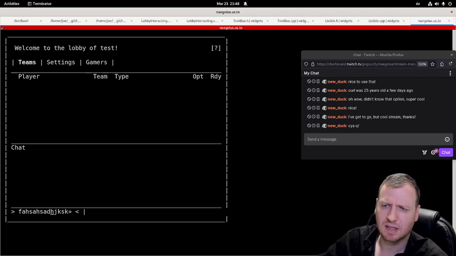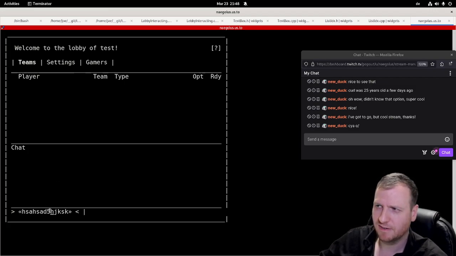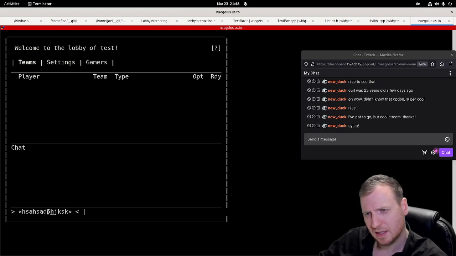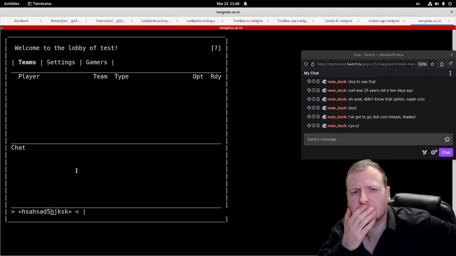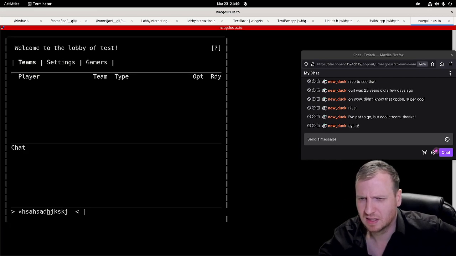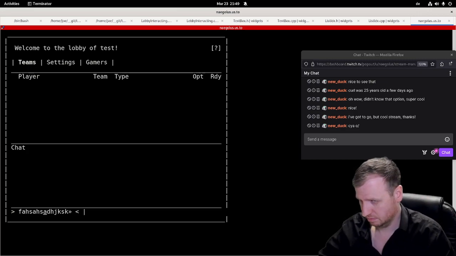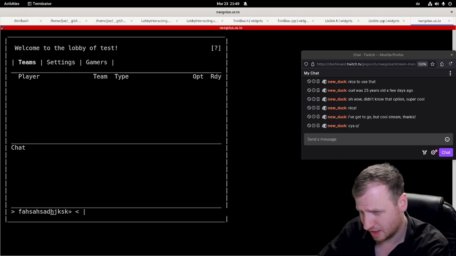If I press 5, then we have a strange behavior. I think that's a strange behavior I did not expect. Because if I press 5 in this case,